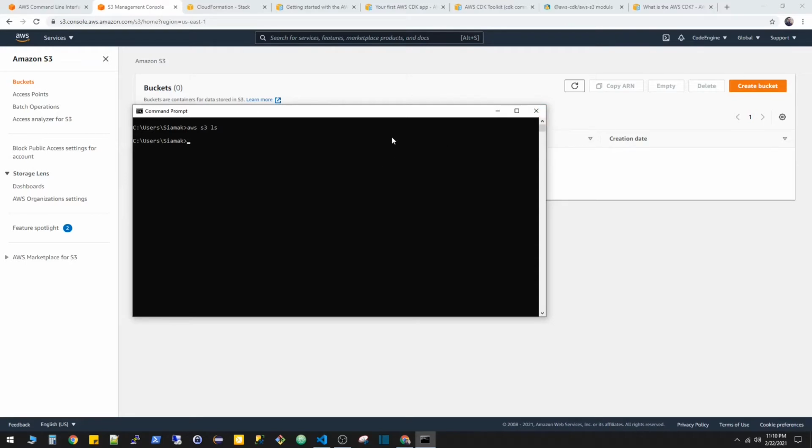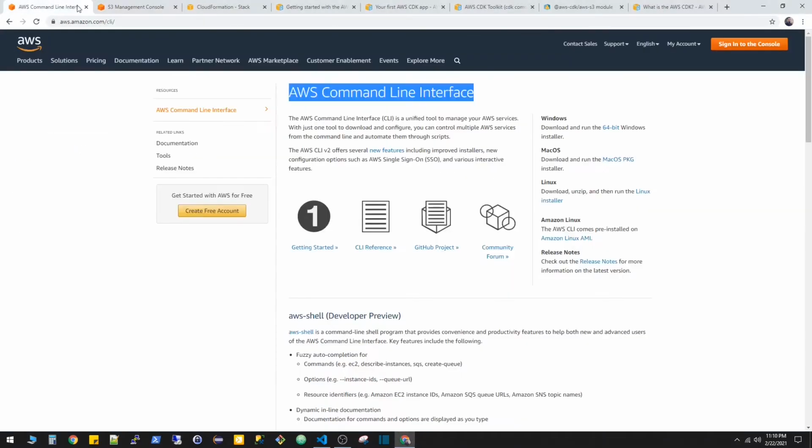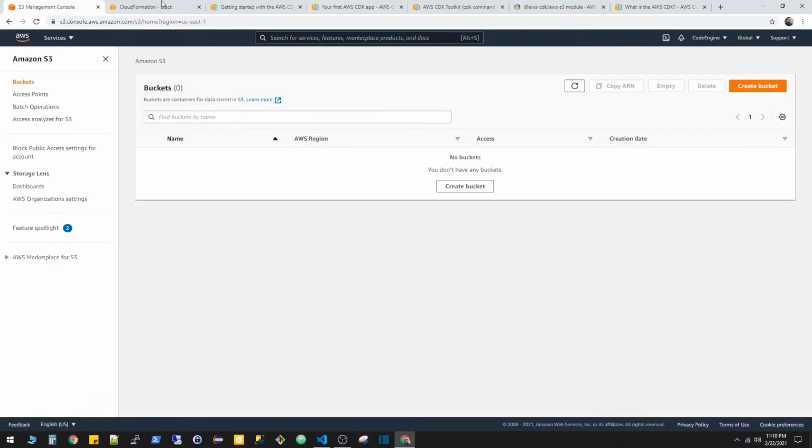Also, I want you guys to download Node.js and Visual Studio Code and make sure npm is installed on your machine and ready for development. Perfect. So once you install that, then this is my account, and as you can see, there's no bucket and